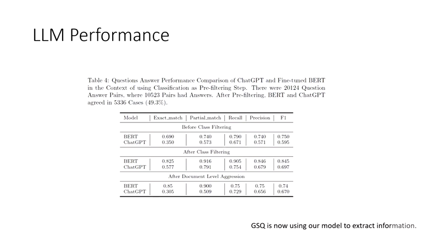We also tried to use document level aggregation because each document is split into multiple parts. So ChatGPT may give a different answer from different segments, even though the answer should be the same. So we tried to see what answer is most common, and we took that common one. And you can see that by doing that, ChatGPT increases its accuracy, but BART doesn't increase that much. The reason is BART already is consistent. ChatGPT was not consistent.